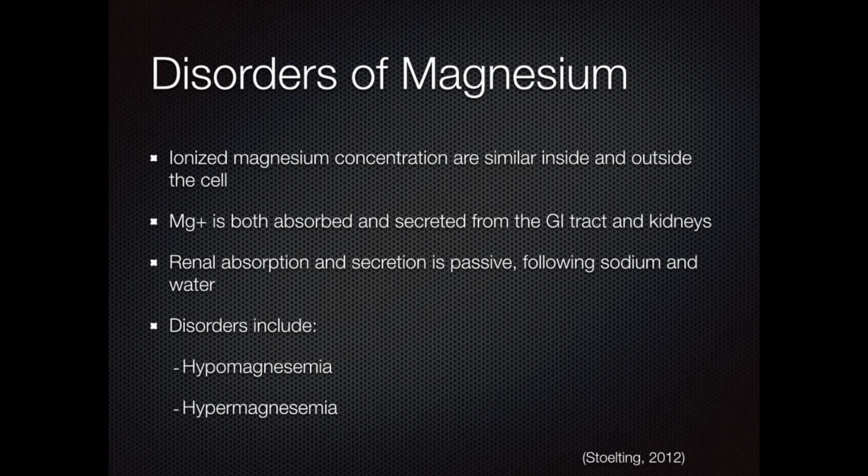tendon reflexes. When dealing with disorders of magnesium, it's important to note that magnesium is primarily intracellular and found in bone. Only ionized magnesium is clinically relevant. The ionized magnesium has roughly the same concentration inside and outside the cell, producing a minimal gradient across membranes. Magnesium is absorbed and secreted by both the GI tract and the kidneys. Its excretion and absorption in the kidneys is passive and is completely determined by the movement of sodium and water